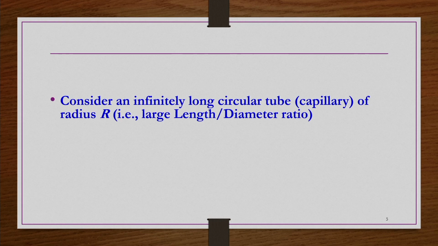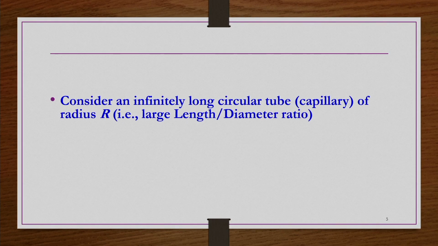Now, what we do? We try to develop working principles for these capillary viscometers. Developing working principles or equations for this capillary viscometer is nothing but developing a relation for shear stress in terms of measurable properties, something like pressure drop or volumetric flow rate or average velocity. Similarly, you are going to develop a relation for the shear rate gamma dot as a function of either pressure drop or volumetric flow rate or average velocity, whatever.